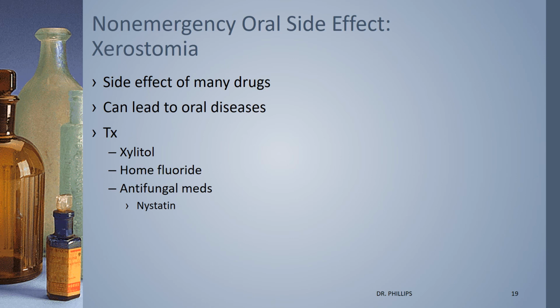The treatment for xerostomia, typically you want to put the person on xylitol. So xylitol is a sugar alcohol that prevents the bacteria from having a nutrient source to grow. So xylitol is in gum, mints, and those kind of things. In order for it to be protective, xylitol has to be listed as typically the first ingredient. You also would like to put your patients on home fluoride. Again, because they're going to be at risk of developing carious lesions or cavities,